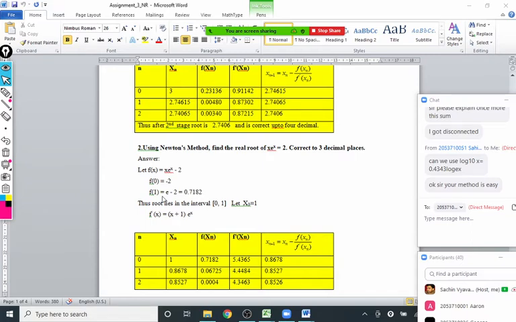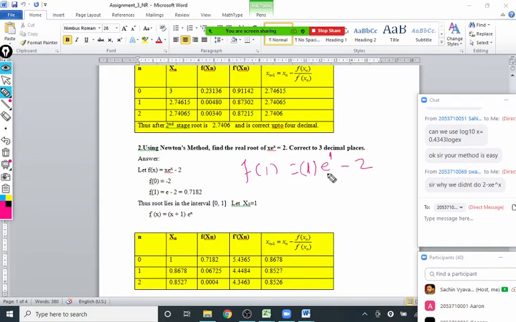Okay. When you use e raised to x on your calculator, you should be more careful. Suppose you have to calculate f of 1. That f of 1 is nothing but 1 times e raised to 1 minus 2. This you have to calculate. Because x is 1, 1 into e raised to 1 minus 2. Now, when you use a calculator, you will probably press 1, or it may not matter, because 1 into e raised to 1 is that one only.